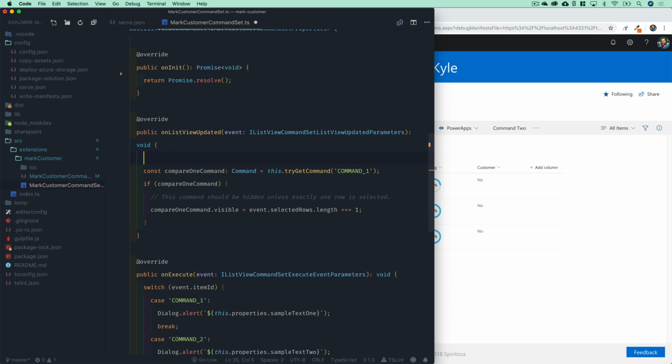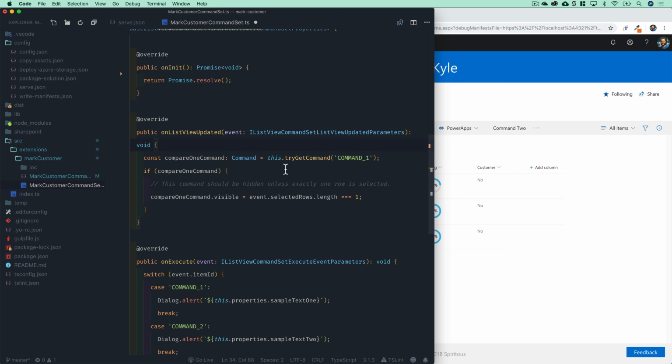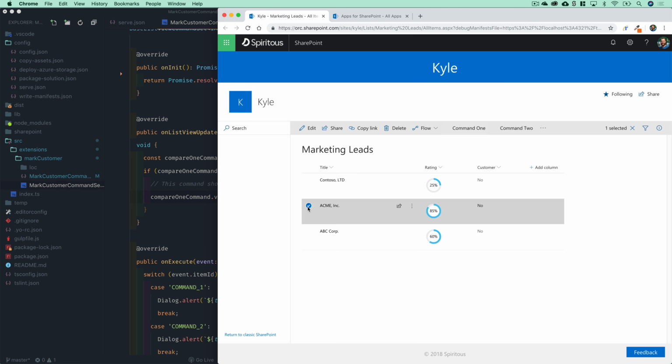And what you can do is on this event, you get the selected rows, which is a row accessor, but it's kind of like an array. So you can read things on that, like does it have a length on it, for example. So you can see in this case, they're saying that command 1 that we previously have, we're going to set its visible property to only equal visible if the selectedRows.length is equal to 1. So that's why command 1 only shows up when you have a single item selected. If I select a second item, that command 1 disappears and we can only see command 2, which is always